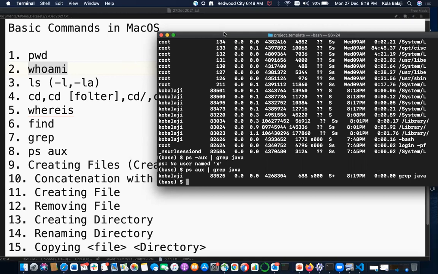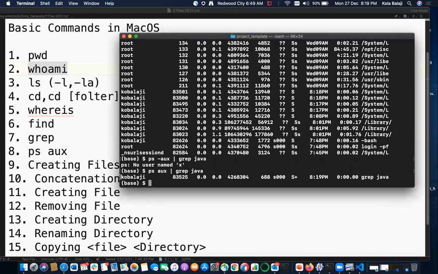Okay, see there is no Java presently running in this particular OS. In the same way, these commands can be used on Linux as well, and there you can see all the processes. This command can be used to check whether Java is running or not.